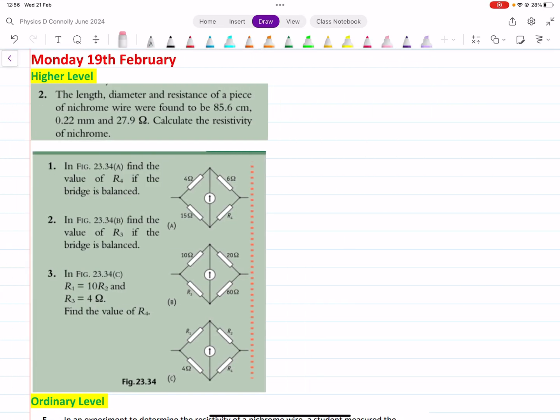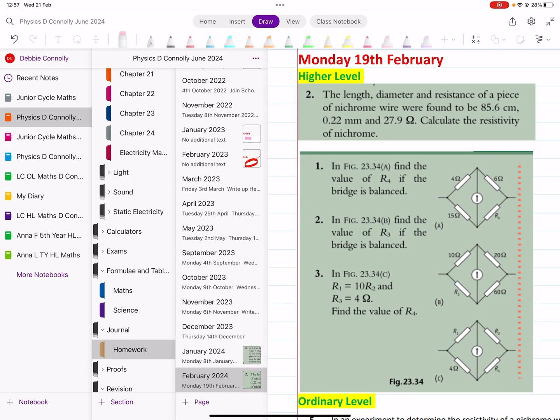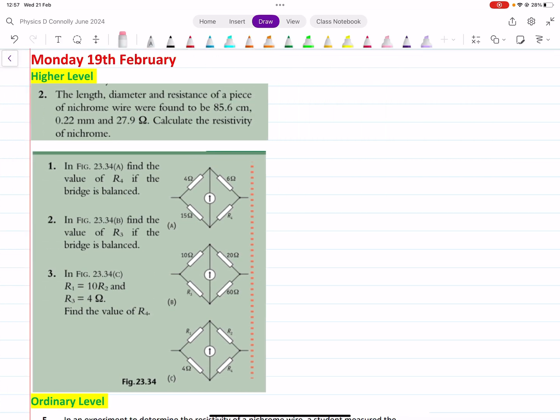Right, so I'm sorry I'm not there today, but I'm going to go through the solutions to the questions from Monday, and then I'm going to start chapter 23, 24, and then my hope is that we can do the experiment. I'll be back in tomorrow and we can do the experiment tomorrow. It's not one of the ones we did in DCU, so it is one we're actually going to have to